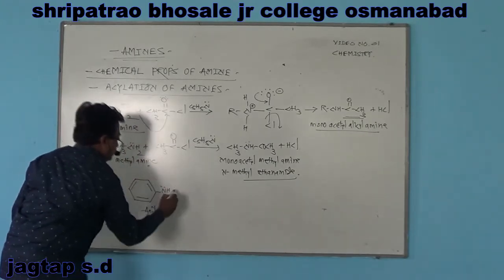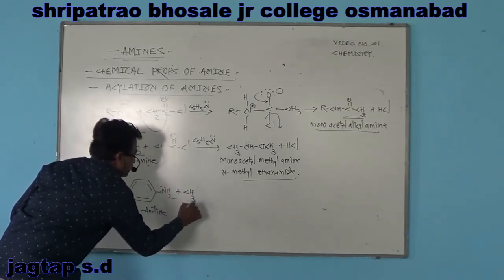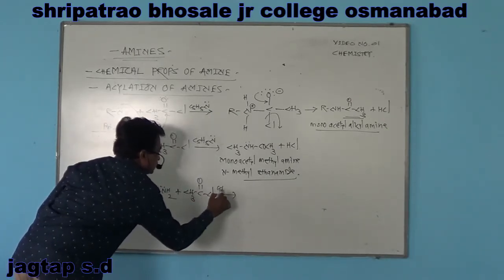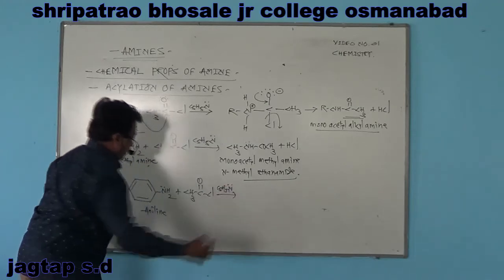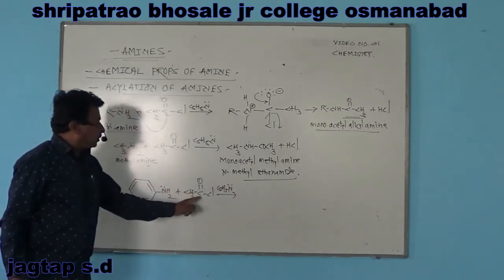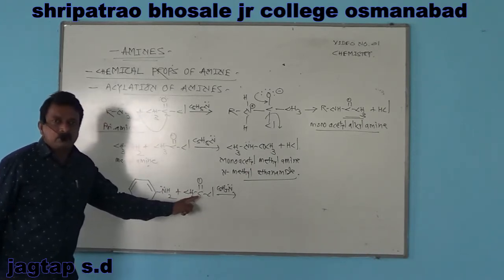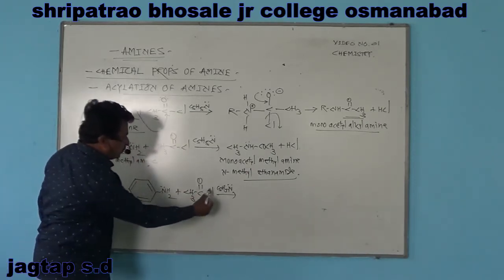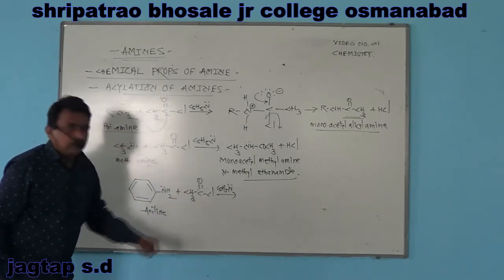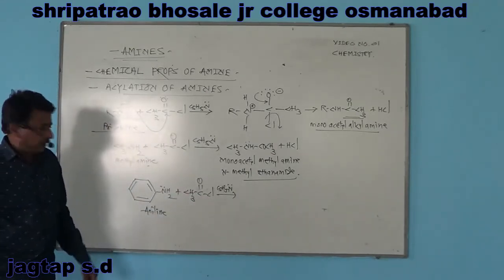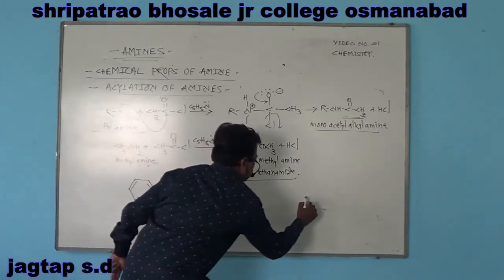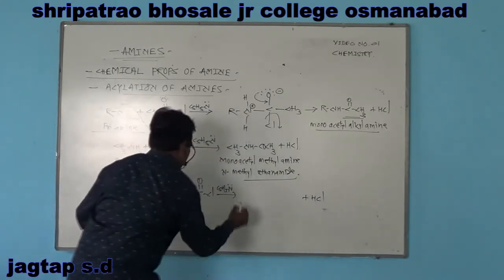Aniline reacts with acetyl chloride in presence of a base. In this reaction also, nitrogen donates a pair of electrons to the electron deficient carbonyl carbon. At the same time, the fission of the C-Cl linkage takes place. Chlorine is eliminated as a halide ion, that is Cl minus, chloride ion. It immediately abstracts a proton and is eliminated as hydrochloric acid, to give